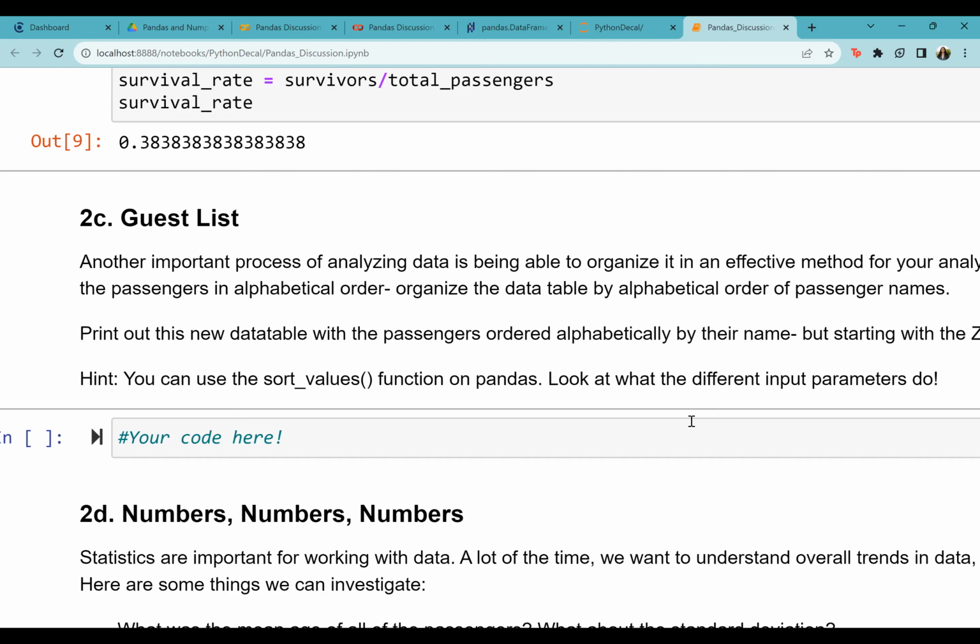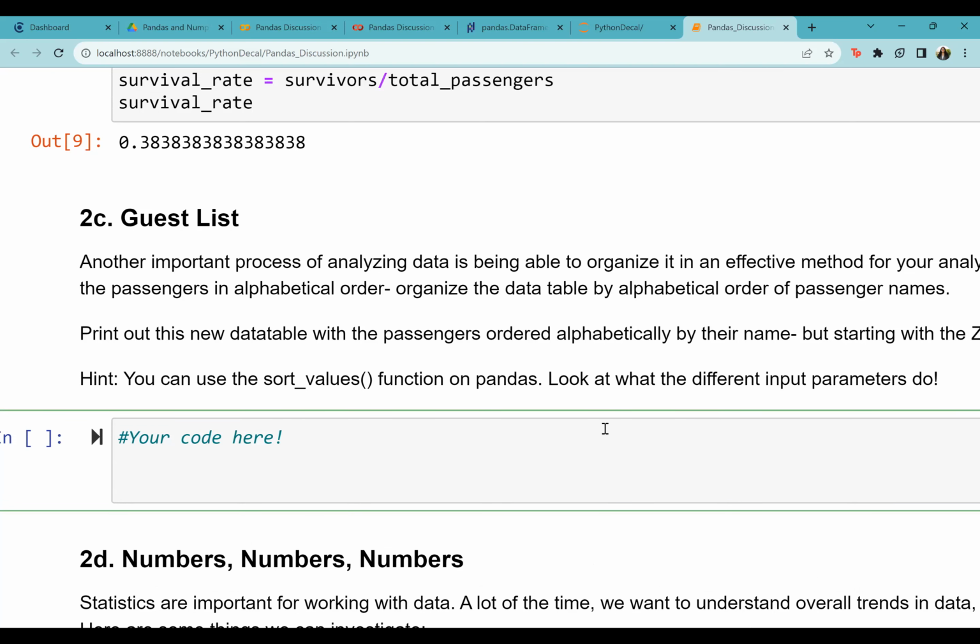There is an idea in the hint, and that's what I want you guys to use. So has anyone opened up the sort values documentation? You have to just set ascending false. Yeah, exactly. Perfect. So what sort values does, it takes in your column name, and then you're basically able to order your column in either an ascending or a descending order. So in our case,